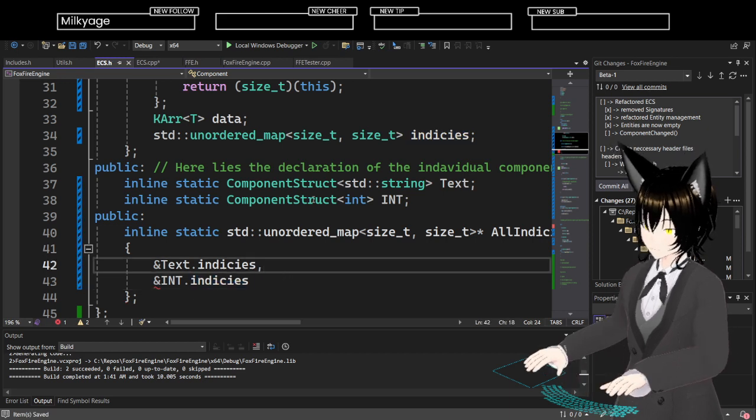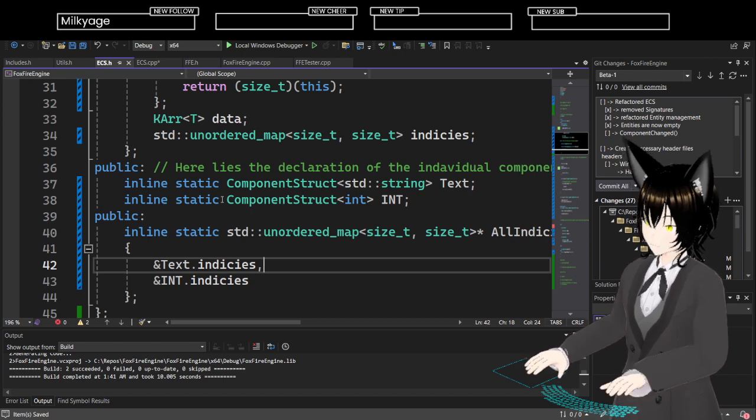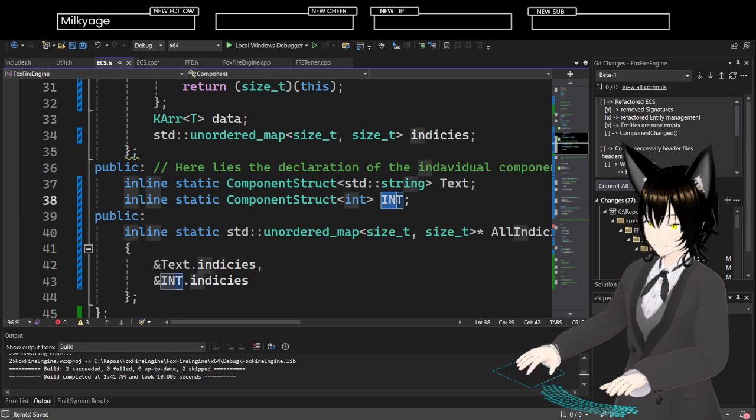So now this is only 4 kilobytes. It's still a lot more than I would like, but these are only instantiated once. There will only ever be one instance of these. So these can be bigger, and it's fine.